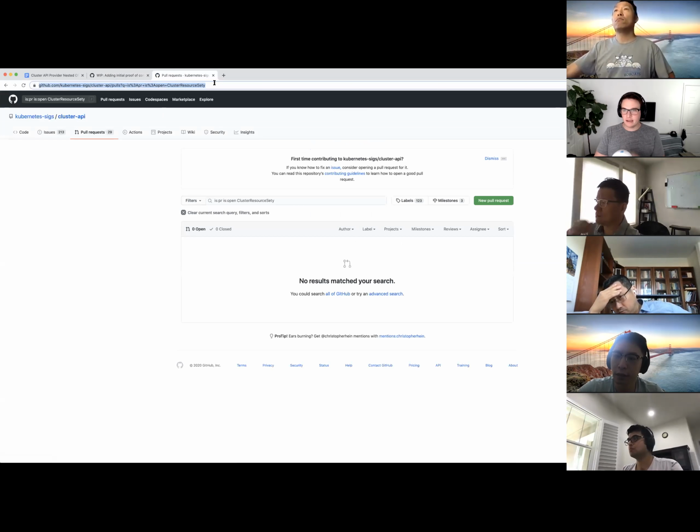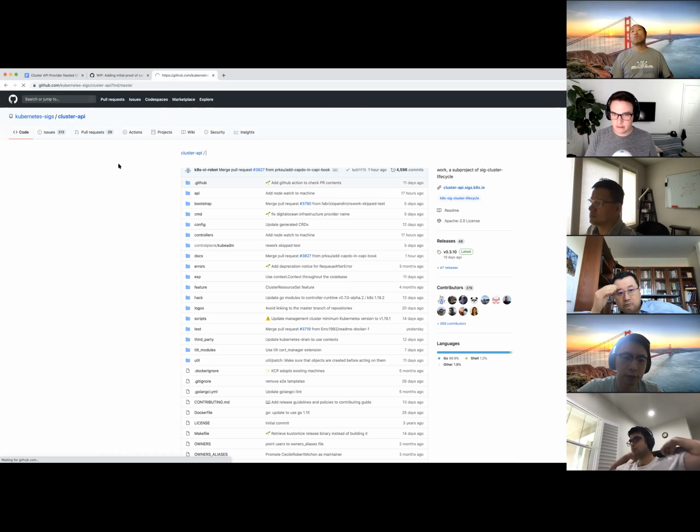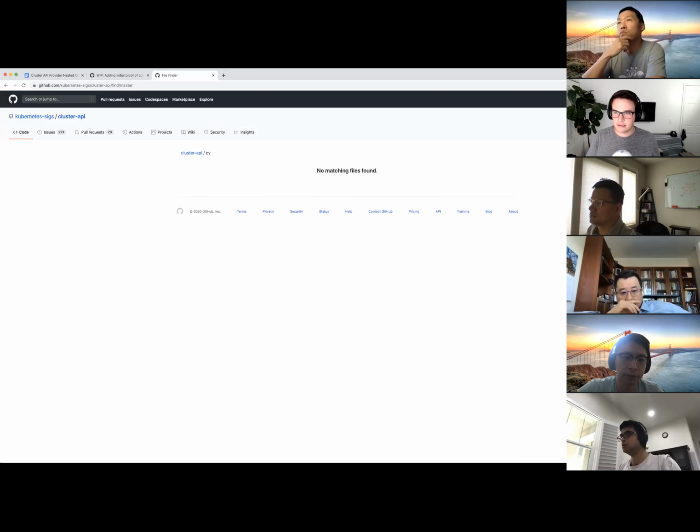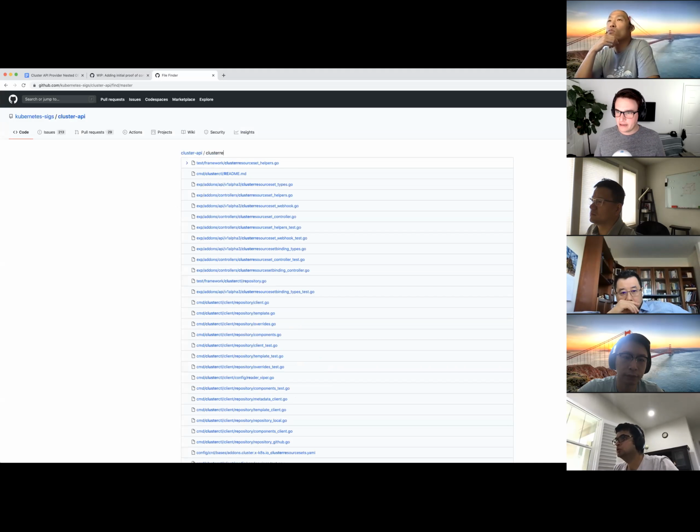So it will be a resource. Apparently, I wrote it as SETI. Let me go and actually cluster. So the idea here is that by implementing all of this, we have access to use this cluster resource